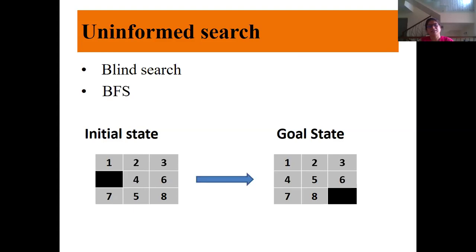At the end of the previous lecture, we talked about informed search and uninformed search. We'll try to solve this 8 puzzle problem using both ways. Under uninformed search, you already know it's nothing but a blind search. Why blind search? You don't have any domain knowledge. You are just given an initial state and a goal state. No other information is provided. So to solve this problem using uninformed search, we'll be using breadth first search.